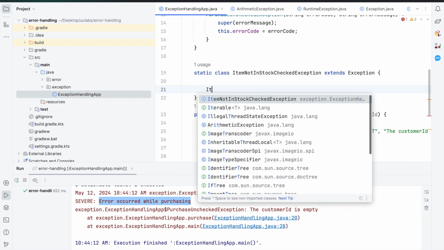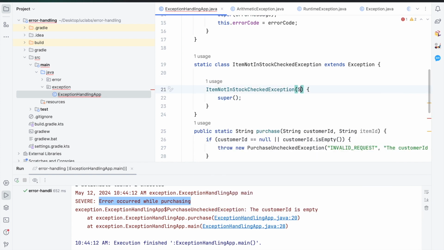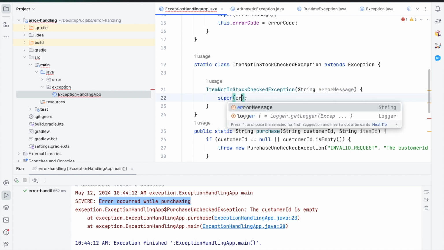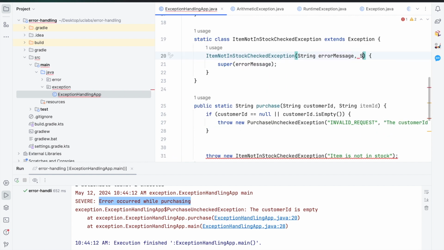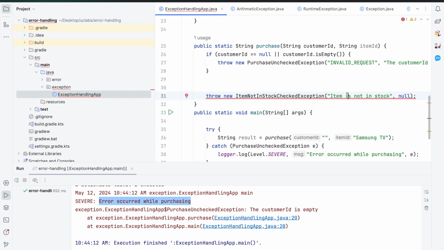And I need a constructor that takes the message and that also should take the stack trace. Alright, we don't have the stack trace for this one, so I'm just